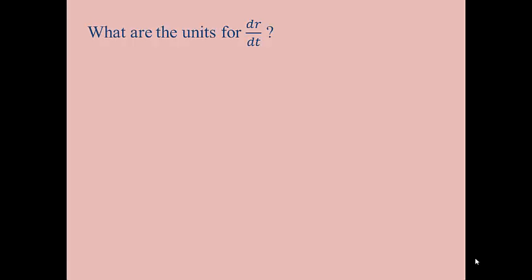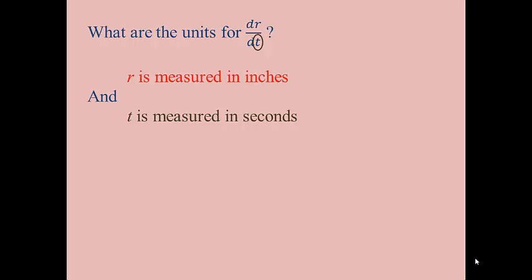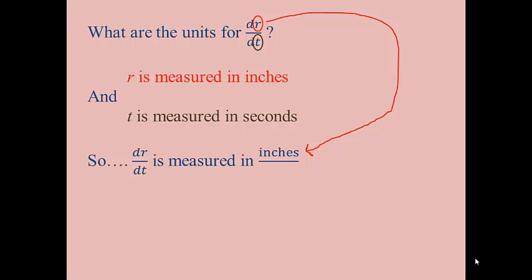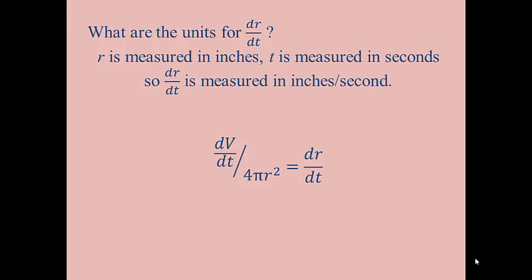Finally, let's just talk quickly about the units for dr/dt. r was measured in inches, while t was measured in seconds, and so their ratio is measured in inches per second. It's that simple. Inches per second. Another way to see this, let's look at the expression we had for dr/dt. We know that the volume changes in cubic inches per second, so that's cubic inches per second there, while radius is in inches. So we have cubic inches per second in the numerator for dr/dt, and square inches, because you'll notice the r was squared, in the denominator. Now the inches squared will cancel off with 2 of the inches in the numerator,